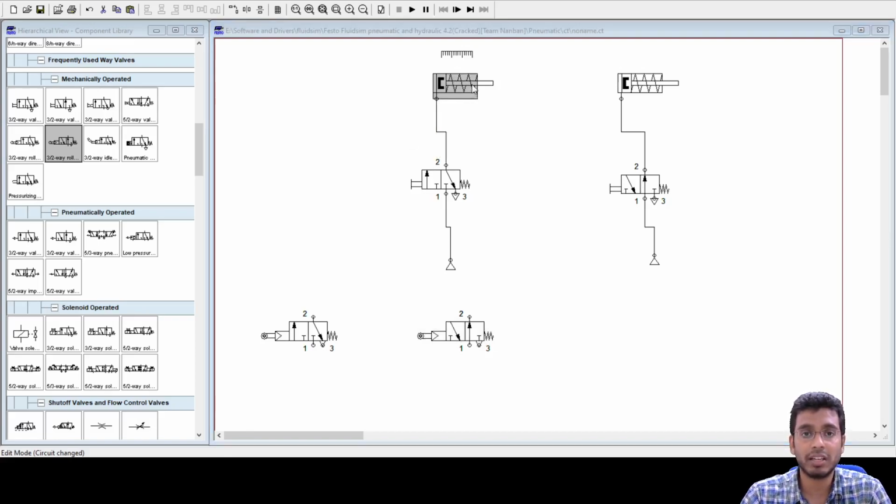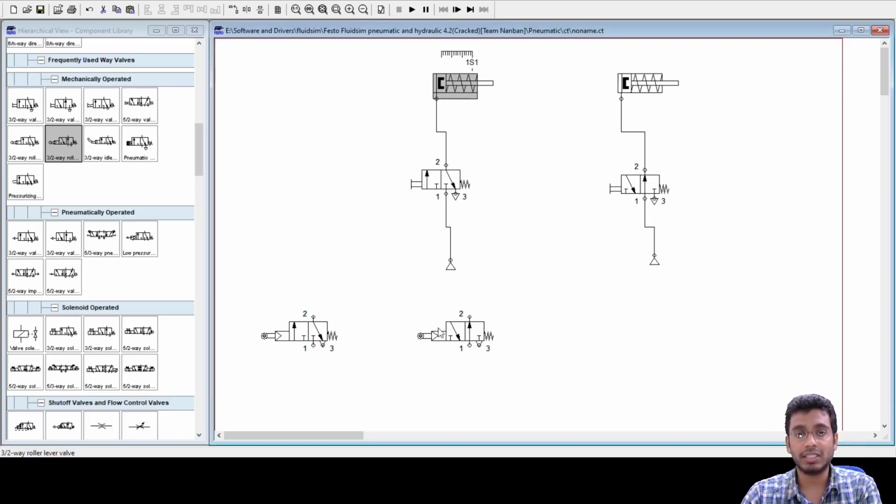Okay, what I did, I just used here 1S1, and I detected, say, the completely extended position. Now see, just imagine this valve is my 1S1. Fine, and I'm using this to control some other cylinder.